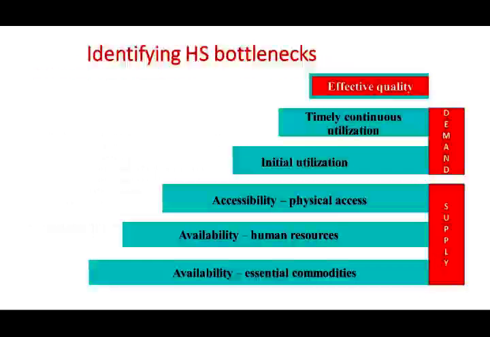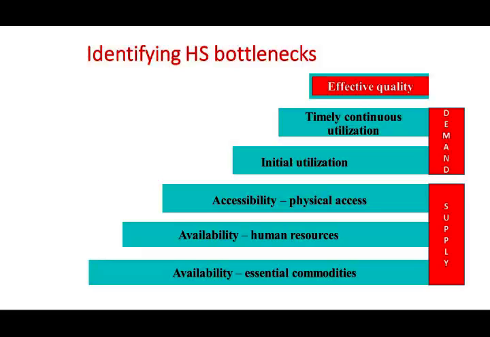So these are the known tenets. You guys know better about all the details. What are the supply side bottlenecks? What are the demand side? The three supply are what? Availability of essential commodities, human resource, physical access, health facilities, the district hospitals, the primary health centers, regional hospitals,